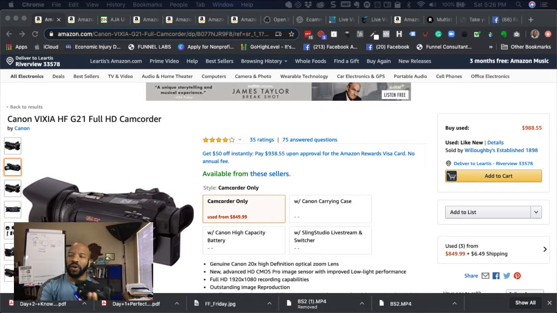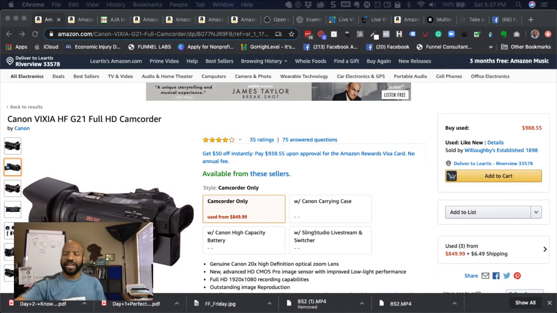This one runs about $1,000. But you have older ones, like the Vixia R800. Those can run about $300. They have a clean HDMI and you're able to zoom in. When our church first started, we were on the smaller camcorders because they allowed us to zoom in and had a clean HDMI.